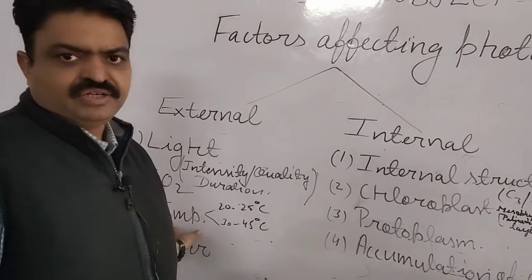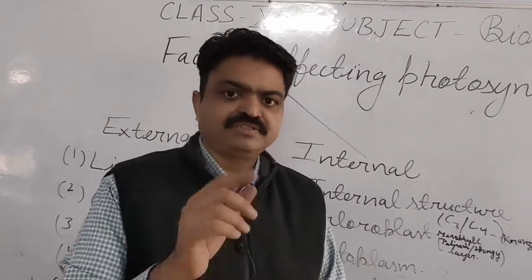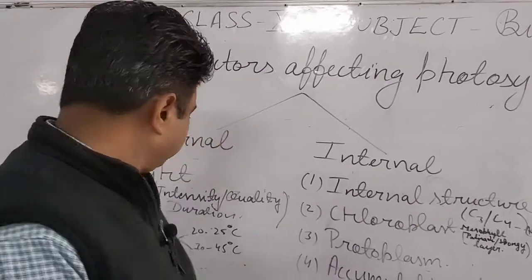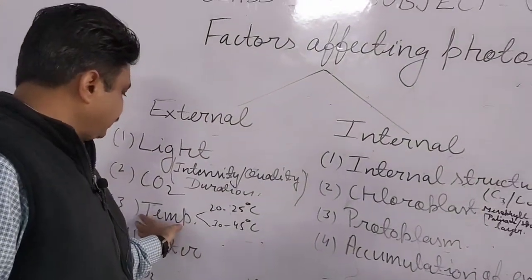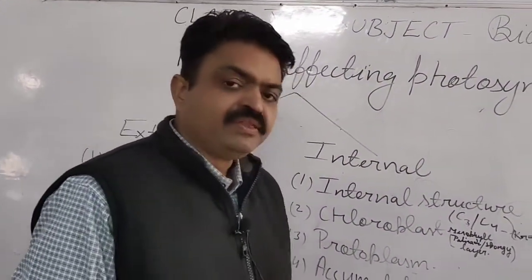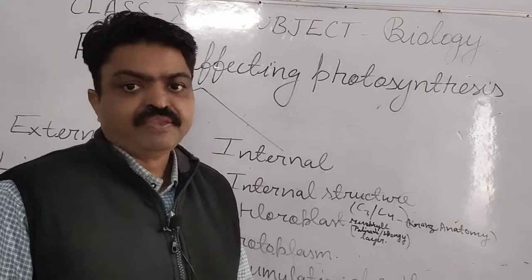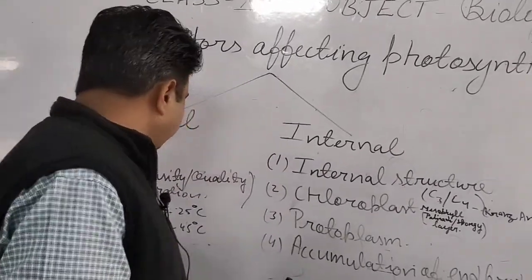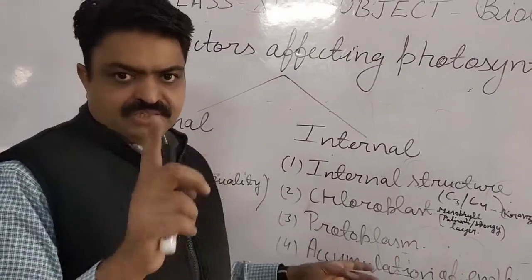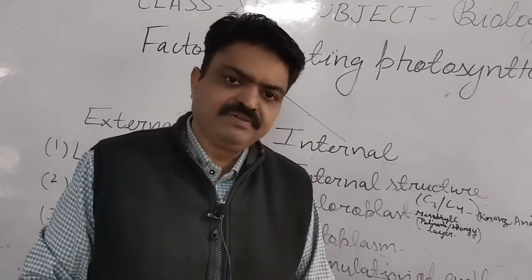With this, temperature, student. There are two types of plants according to the mode of photosynthesis. First is C3 plants, second is C4 plants, student. C3 plants need the temperature 20 to 25 degrees Celsius for photosynthesis, but the C4 plants need 30 to 45 degrees Celsius. So it is the temperature that is needed by the different plants, 20 to 25 by C3 plants and 30 to 45 degrees Celsius by the C4 plants.